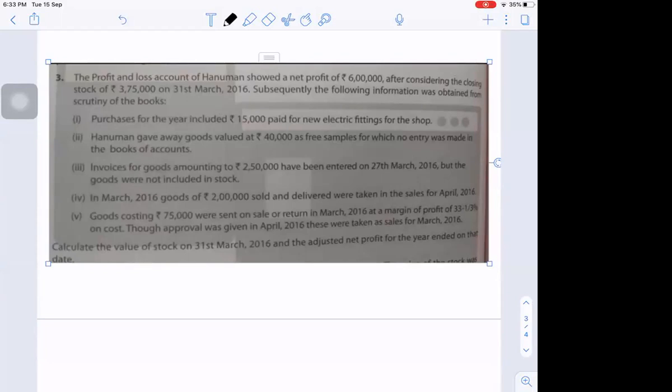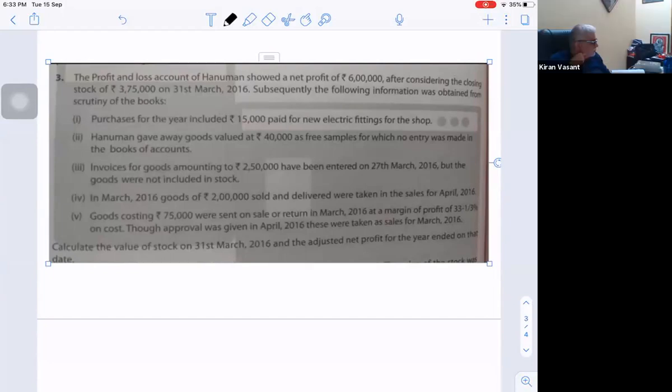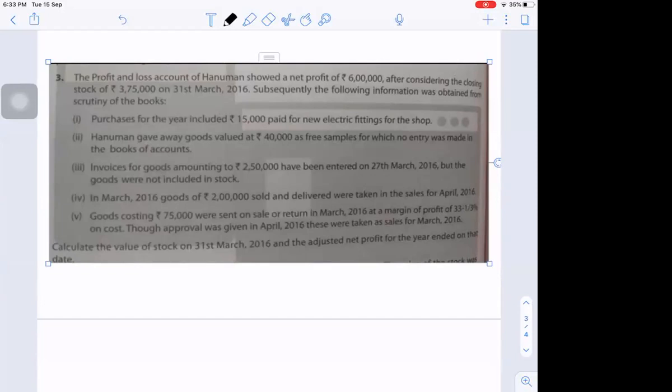First, purchases for the year included rupees 15,000 paid for new electric fittings for the shop. Hanuman gave away goods valued at rupees 40,000 as free sample for which no entry was made in the books of accounts. Invoices for goods amounting to rupees 2,50,000 have been entered on 27th March 2016, but goods sold were